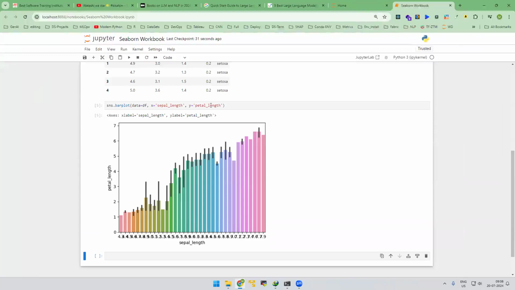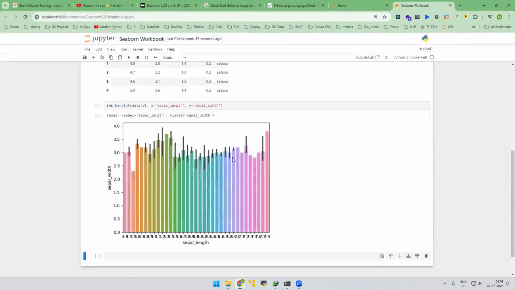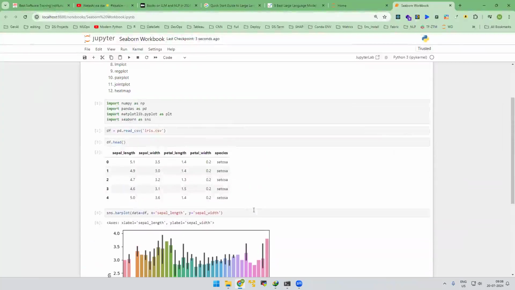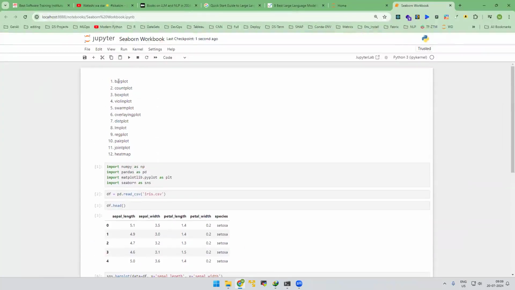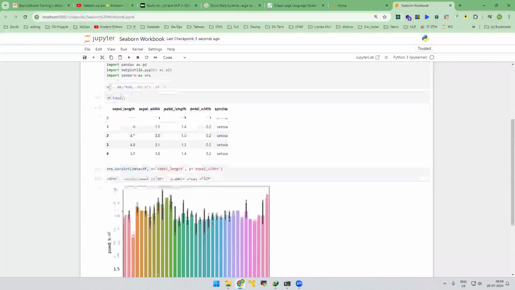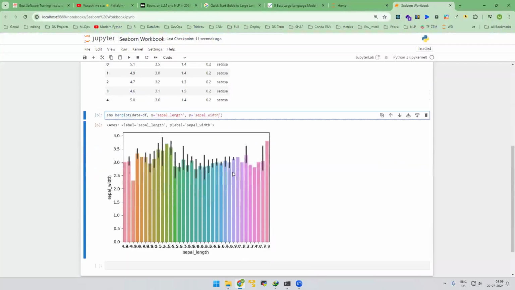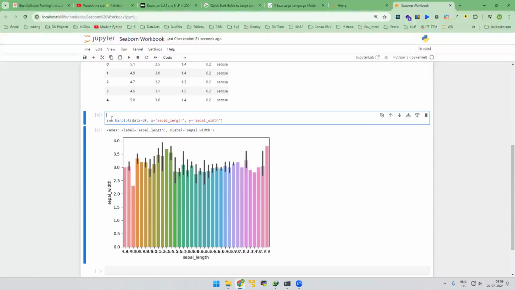So of course it can be anything in between sepal. This is a bar plot, right? I hope you understood what a bar plot is. Basically, we need to provide the data frame and x and y for the usual bar plot. If you want to plot between two columns, this is how you can do it. Of course, the graph is a bit crunched down, right? So what we can do is we can use matplotlib